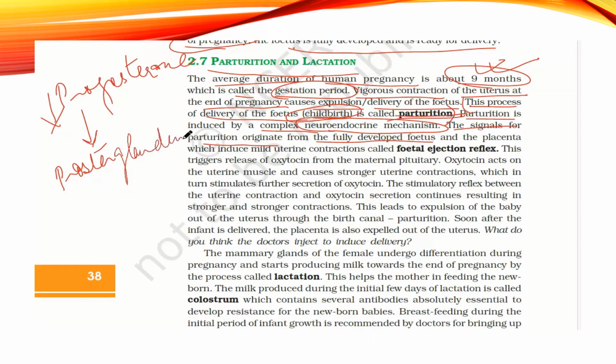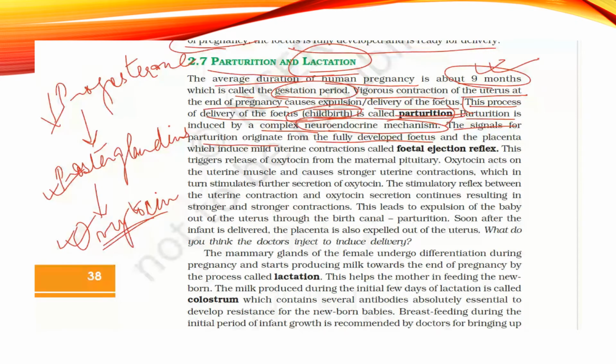Then the oxytocin hormone is secreted to increase the contractions. Both the role of prostaglandins and oxytocin is the same: they help to increase the contractions of labor so that the baby can push out. And the oxytocin hormone also helps in the production of milk. So after parturition or delivery of the baby, lactation comes into being. That is, milk production is necessary because the baby has to get milk from the mammary gland.